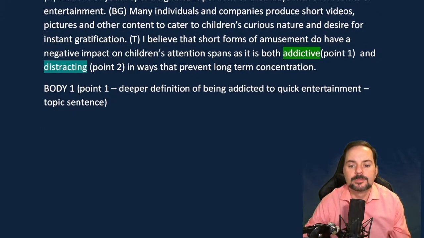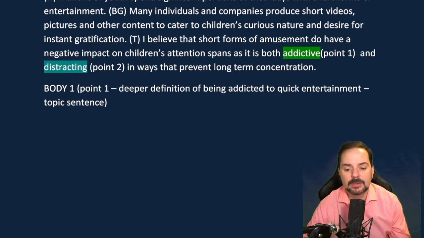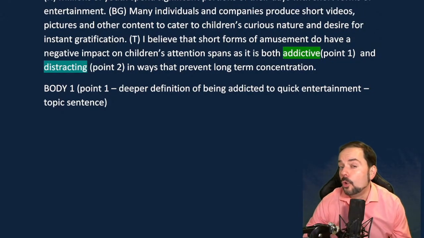Okay, all right. So 31 says the problem of short forms of entertainment. Okay, that's from before. Let's see some new ones. Mi Yen writes, consuming fast forms of amusement may result in addiction. Those who are addicted to these kinds of entertainment may just sit around at home spending all day long on such videos or messages instead of hanging out with friends, playing sports, or learning a new language, which could be much better. So Mian, that's kind of like your whole body paragraph almost.